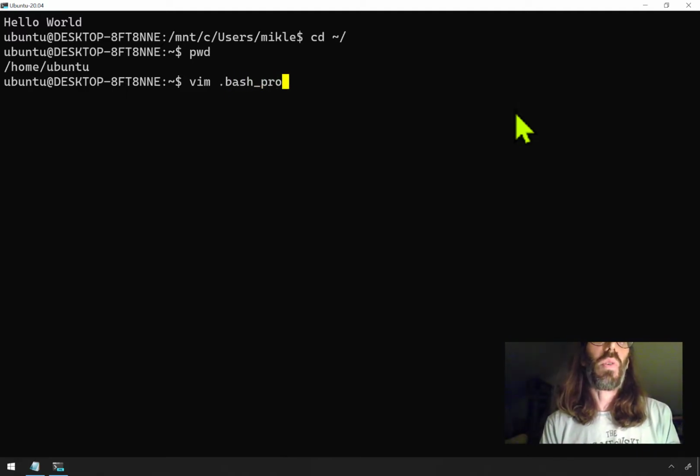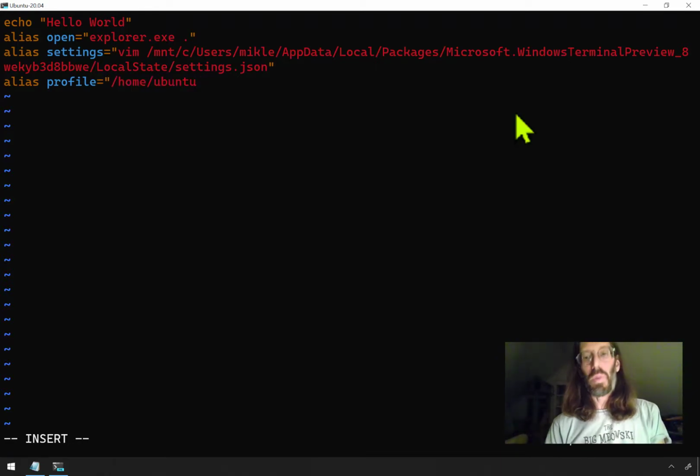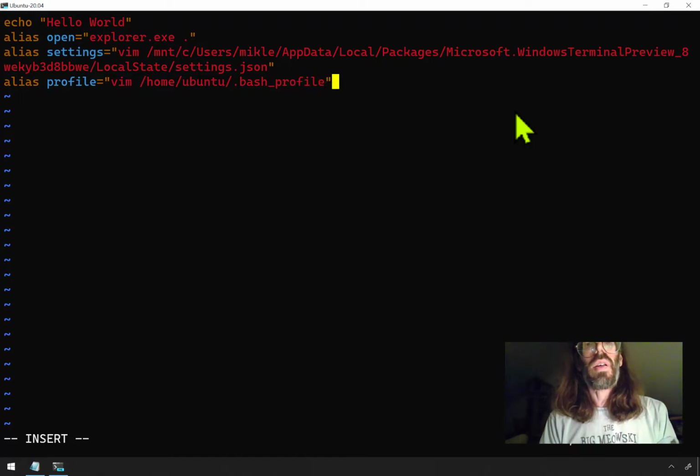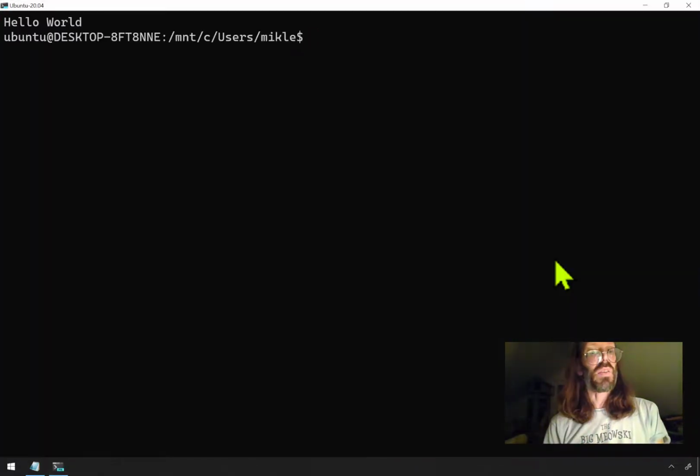.profile.bash profile, I can make a new line, alias profile equals first that Ubuntu part, but actually we're going to be vimming it. It's vim, and then this is .bash underscore profile. Save, quit, close all the way out, go all the way back in, and you'll now see whenever I want